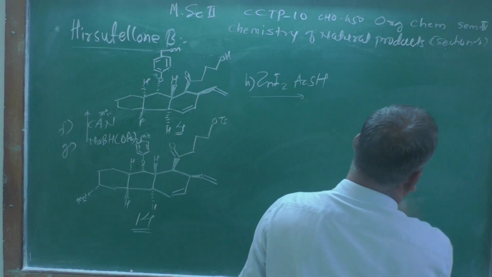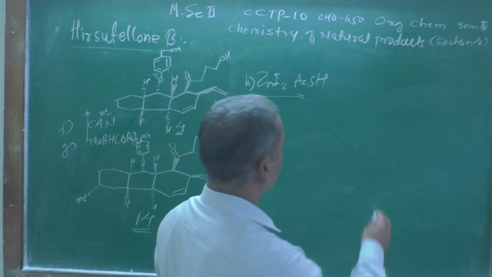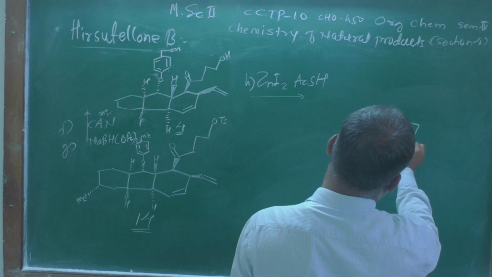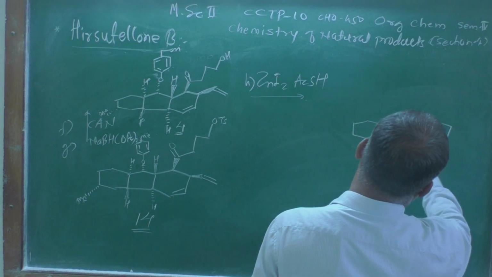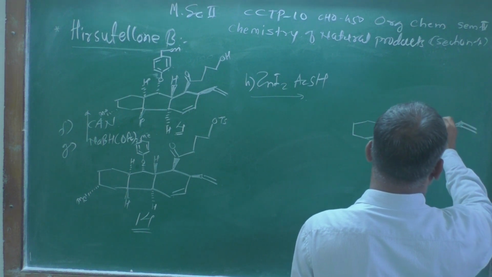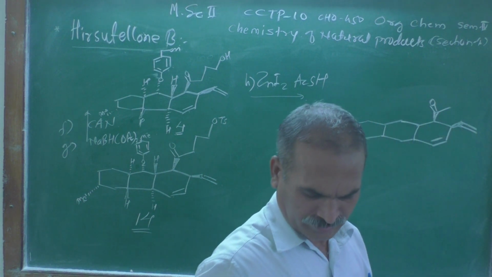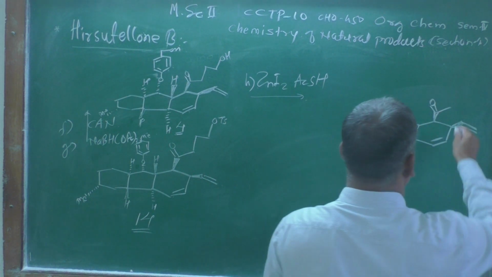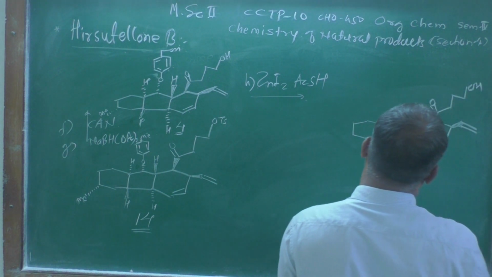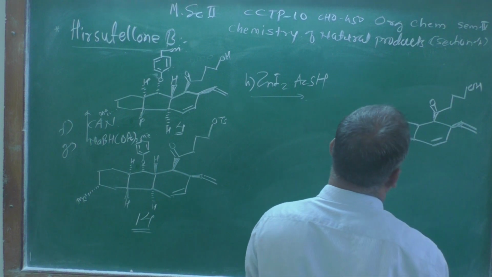Let me draw that structure over here. So here I am representing the tricyclic core 5 as it is, double bond, this group remains as it is, here also C double bond O, then that remains as it is, CH2 and this OH. This is a 5 membered ring, always remember.